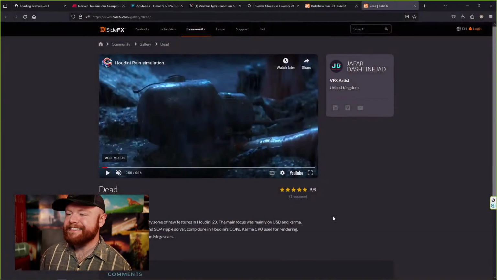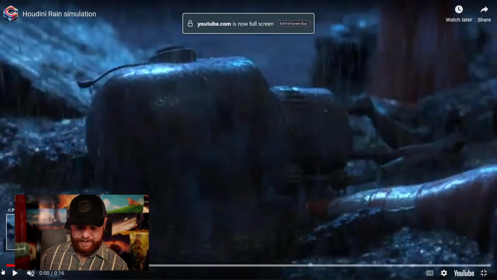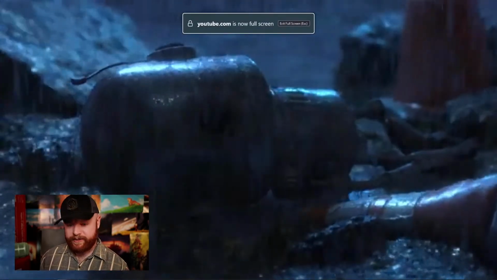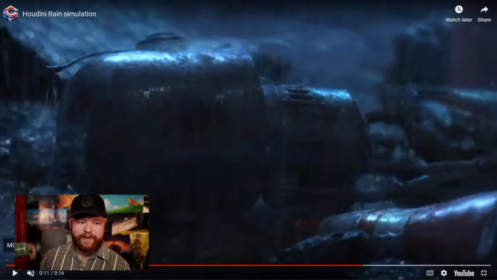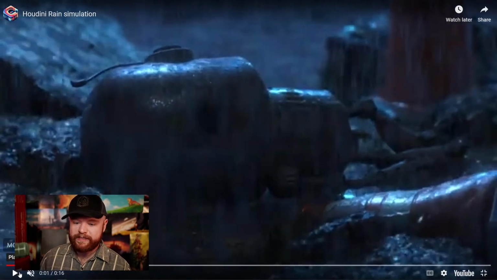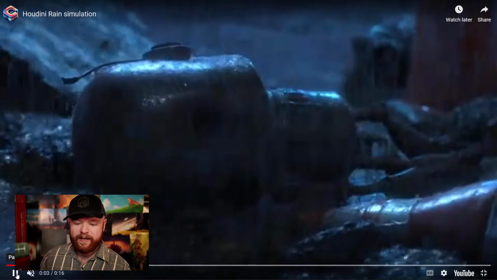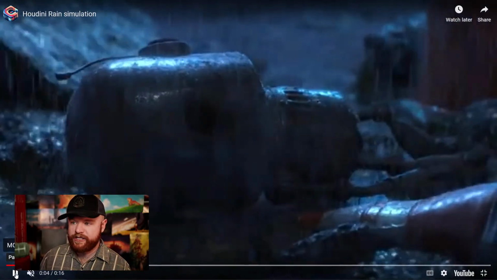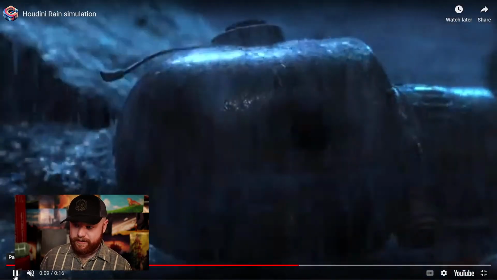This here is from Jafar, and this is a Houdini rain simulation. I can already tell you right now, it's really good. One thing I want to let you guys know is that when you're making a close-up rain effect, it's all about layers. It's all about recognizing that rain is not just a fluid sim. It's about compositing. It's about having volumes. It's about thinking about splashes and ripples. It's not like there's one big sim for everything. And this project is a